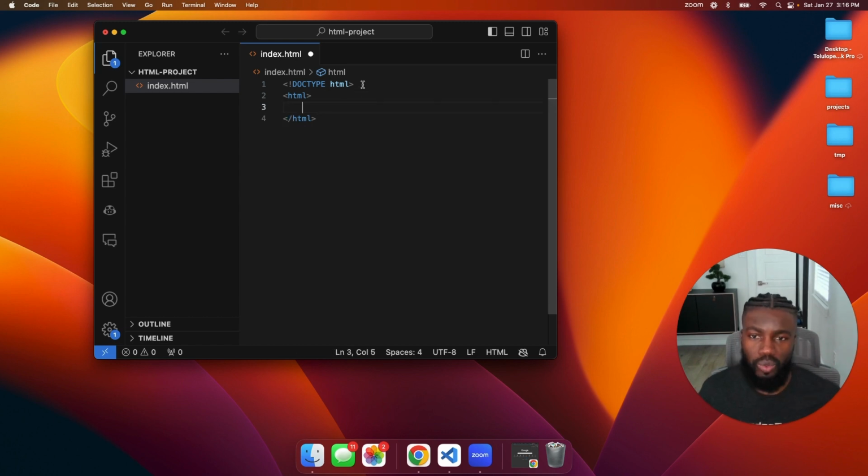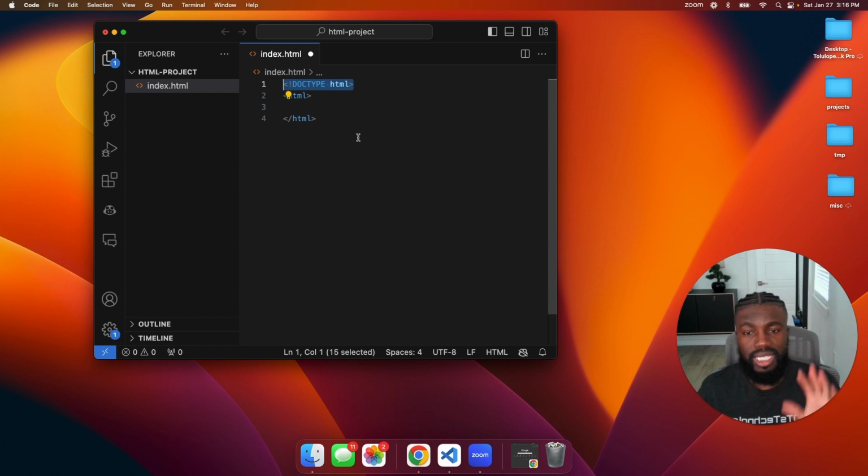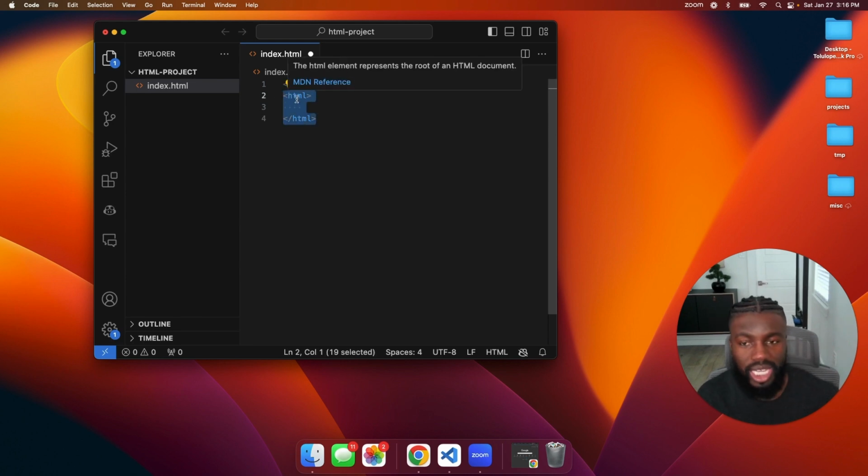So now we are telling the browser, hey, we want to create a new document type. And the document type we want to create is an HTML document. And now we have opened up our HTML document. So all our code is going to keep getting nested inside of this HTML tag now. All right. So next up,